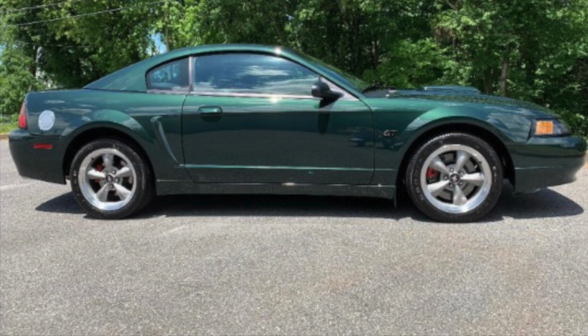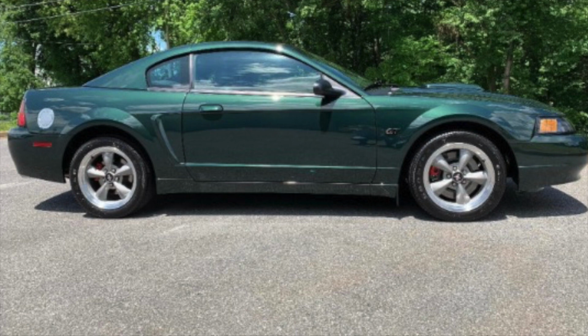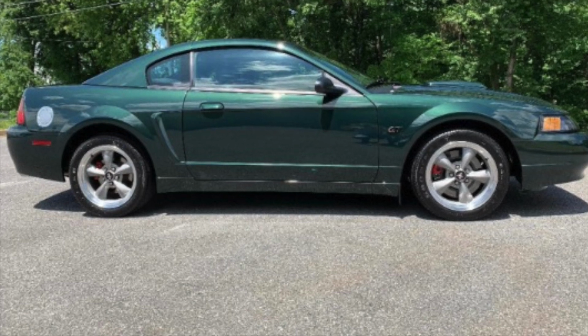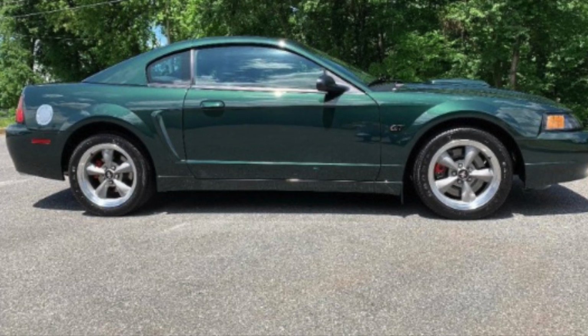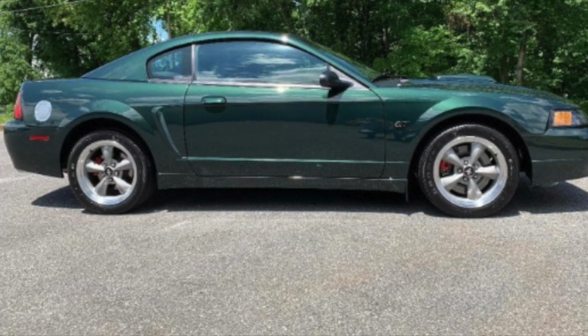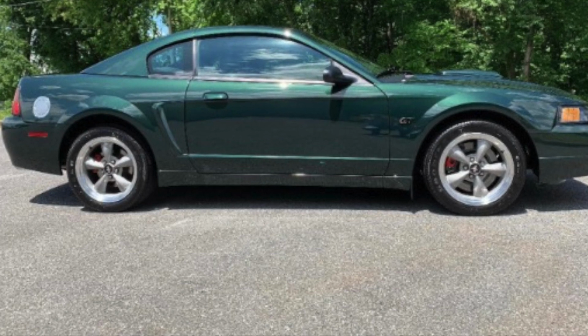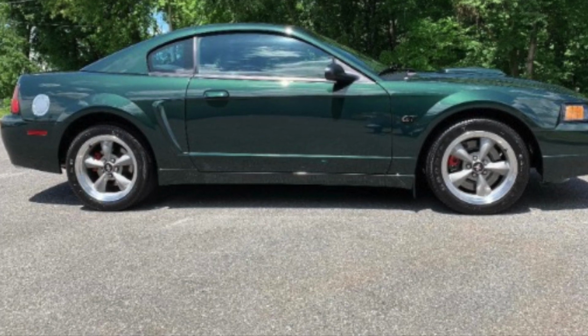So everyone knows that the Bullitt Mustangs were made with no rear spoiler. And a lot of people say, that's just cheap, that the Bullitt Mustang is missing fog lights, it's missing a spoiler, and they're charging more for it. They've removed parts and they're charging more. But the real truth is you're getting a lot of parts in the place, like the Bullitt intake manifold that we'll talk about later,